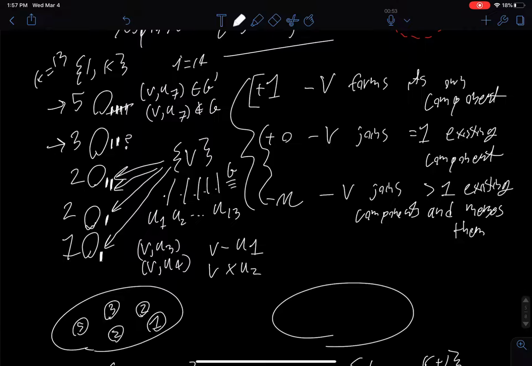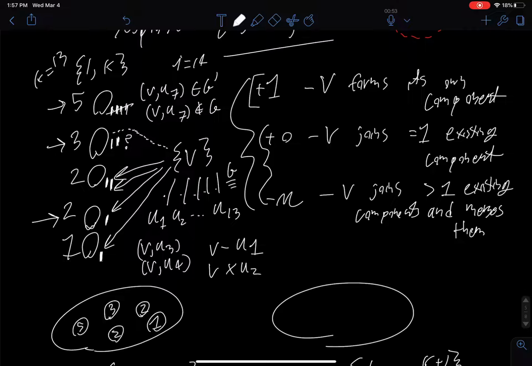That means that in G prime, there is an edge from V to this guy. And that means that in G prime, they are connected to each other. So that means we merge V with this second connected component right here. Similarly,